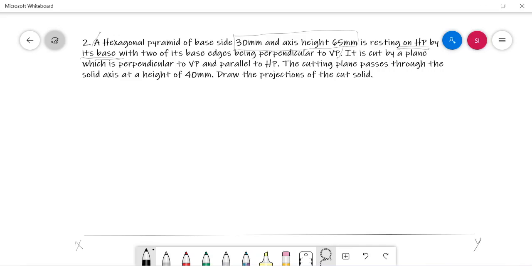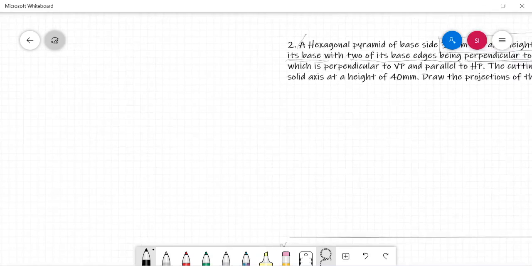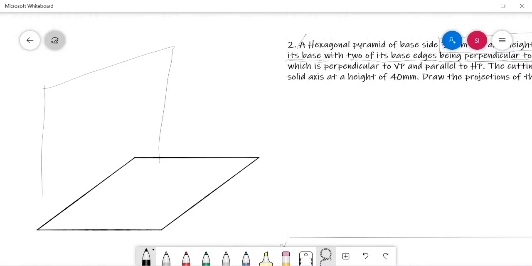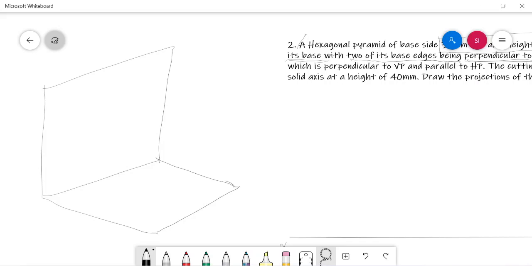How is it resting on HP with its base? With two of its base edges being perpendicular to VP. By this, we can imagine the resting condition of the solid with respect to the horizontal plane and vertical plane.